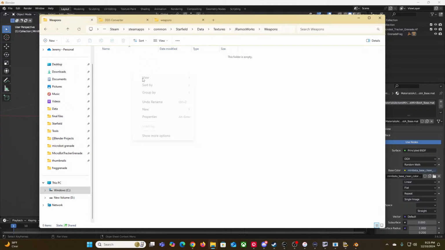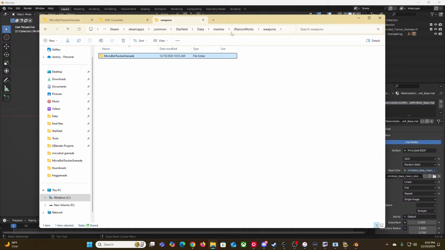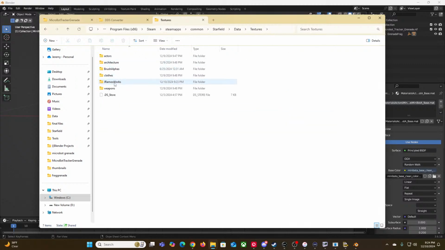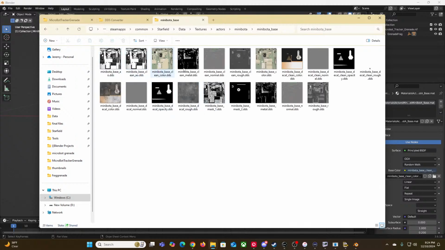Yeah, let's maintain this. Boom. Okay, so there we are. So then we're going back into the meshes, the actors, Minibot A. We're going back to the original. Oops, sorry, I'm supposed to be in the textures. Textures, there you go. Weapons. Not weapons. Actors, because that's where the Minibot is. Minibot A space A. So we got one of these guys. So these need to be turned into a